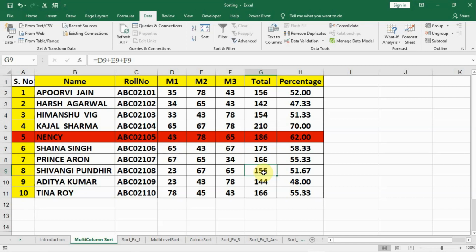Friends, in the last lecture we have seen how to sort data in a single column. In this lecture we will learn how to sort data in multiple columns. As you see on the screen, the data has names, roll numbers, marks and total marks of those students, and the data is sorted according to the roll numbers. That means the lowest roll number is on the top and the highest roll number